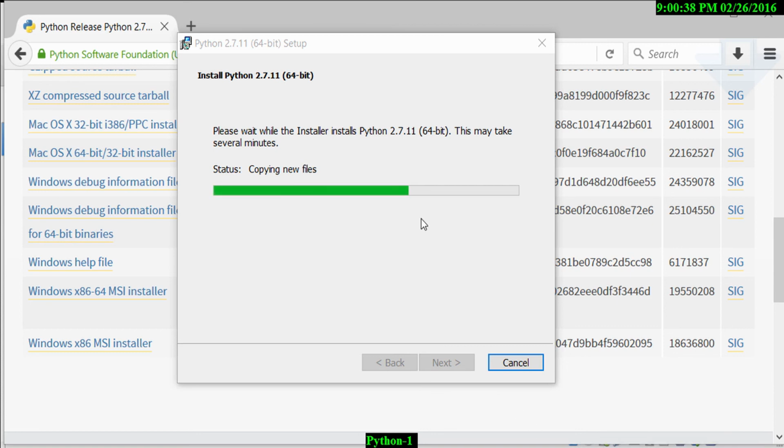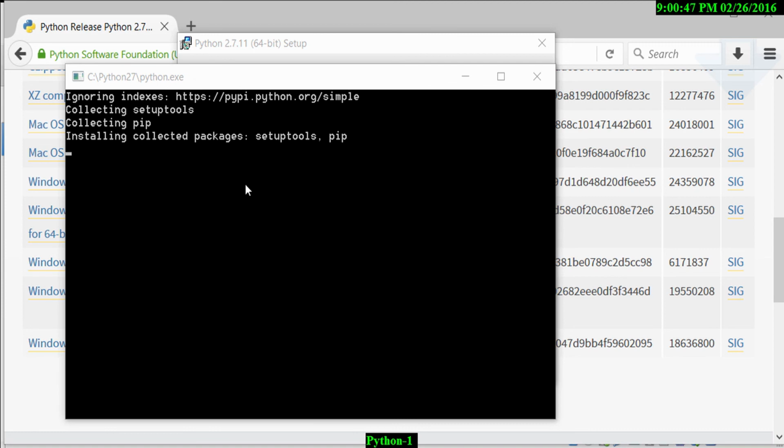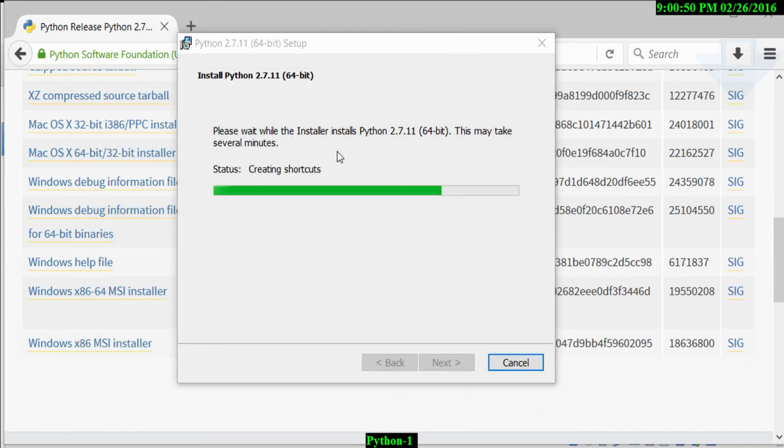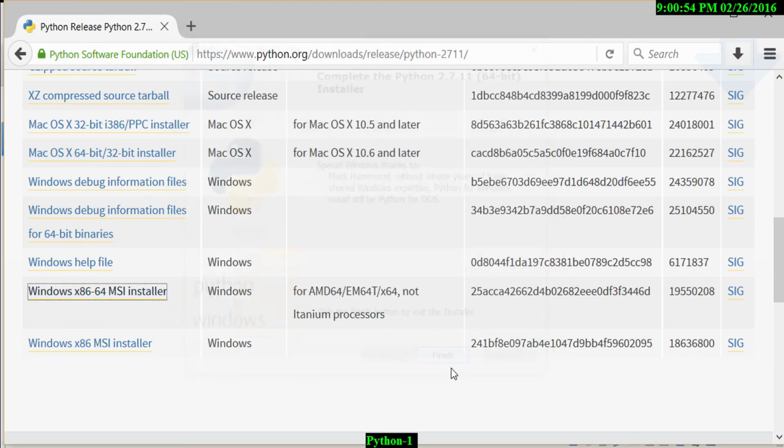So let's wait a couple more minutes and then we'll open up a command prompt to make sure Python actually works. So it's doing a little bit of installation. There's no errors, so it seems to be working fine, and that has been done. So I click on finish. I go back to my Windows